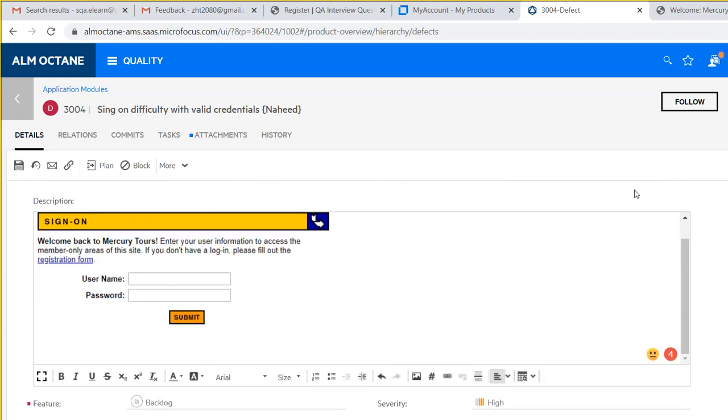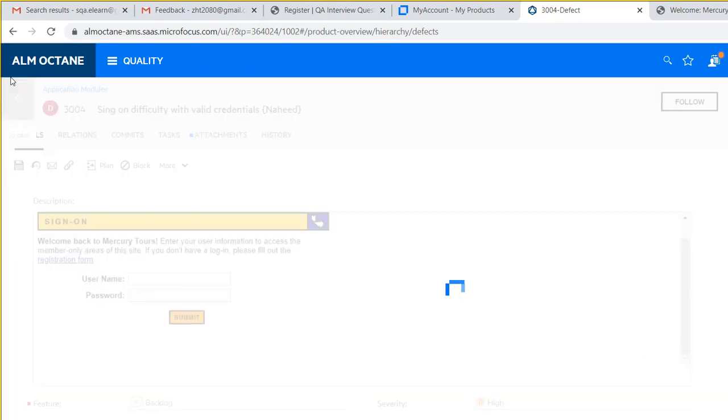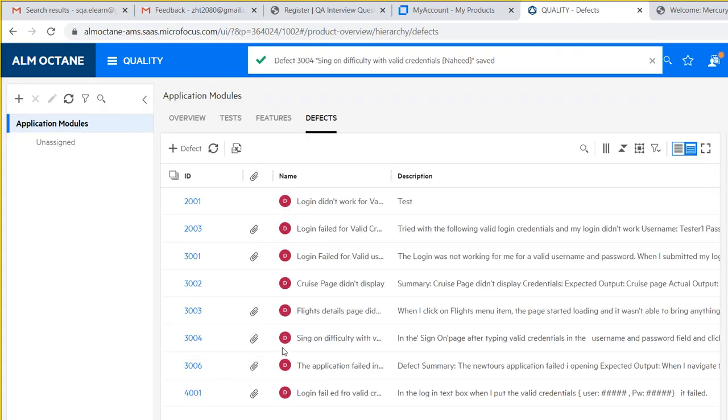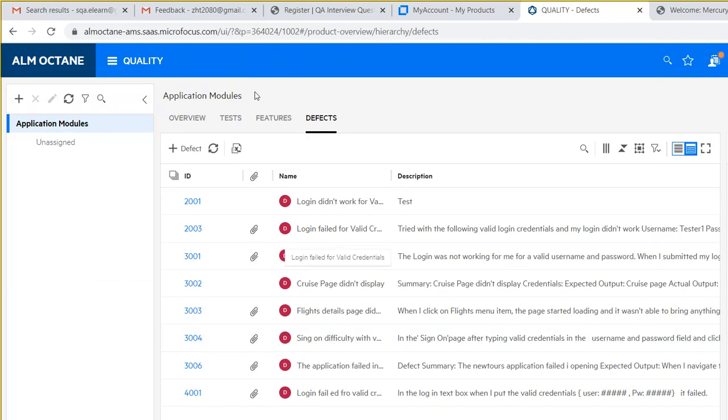I think the how-to-recreate steps are not coming, right? So it could be that when you report this defect, when you execute a test case and then report a defect, let's say I go back to the latest defect that you have reported. Which one is the latest defect that you have reported? Is it this one? Okay, if I go there,